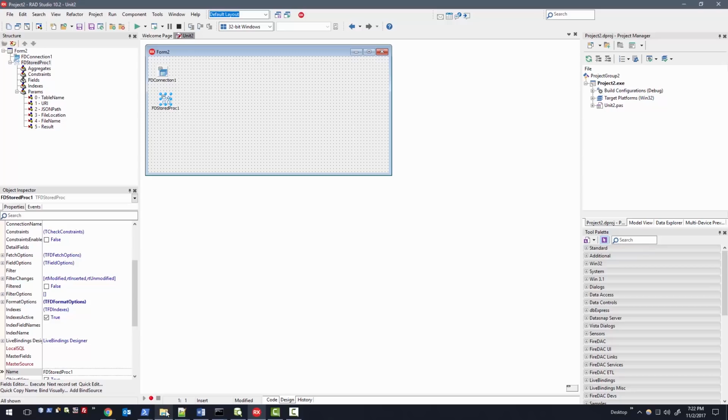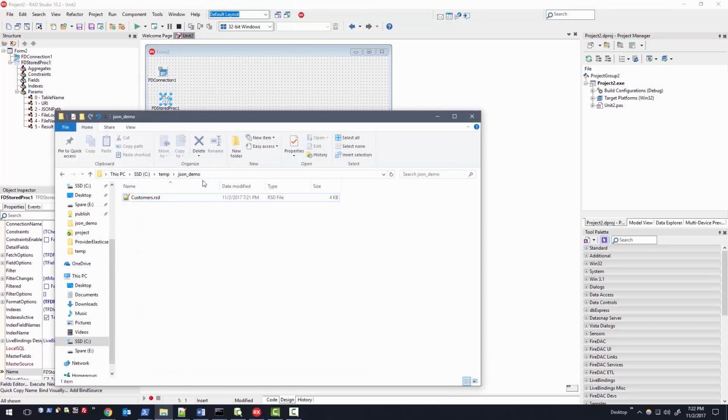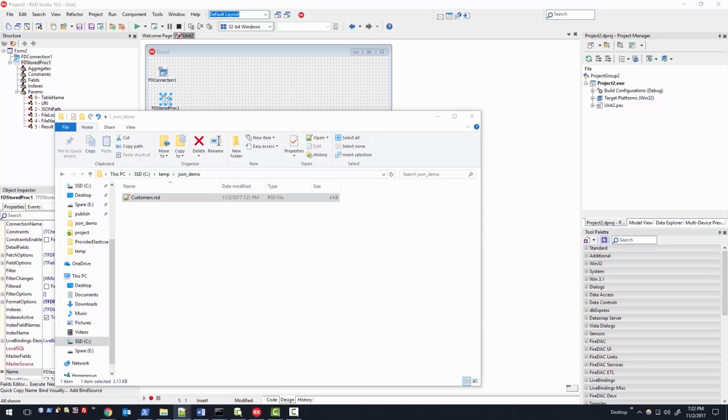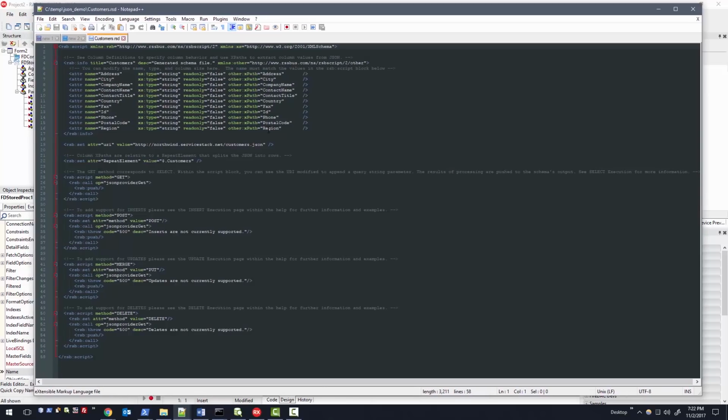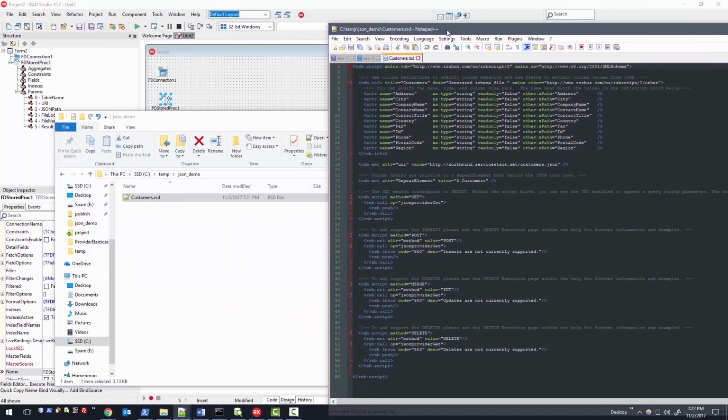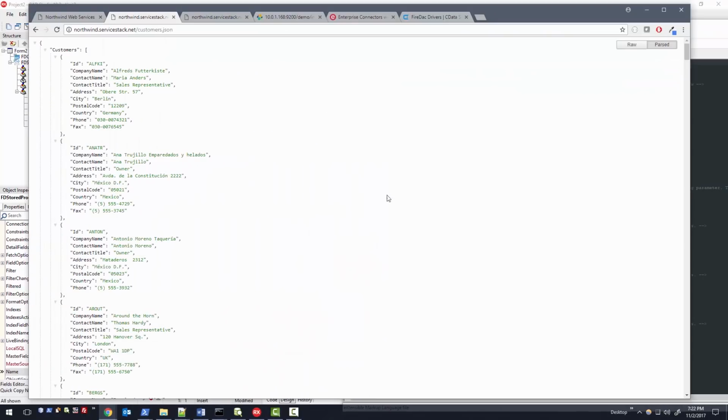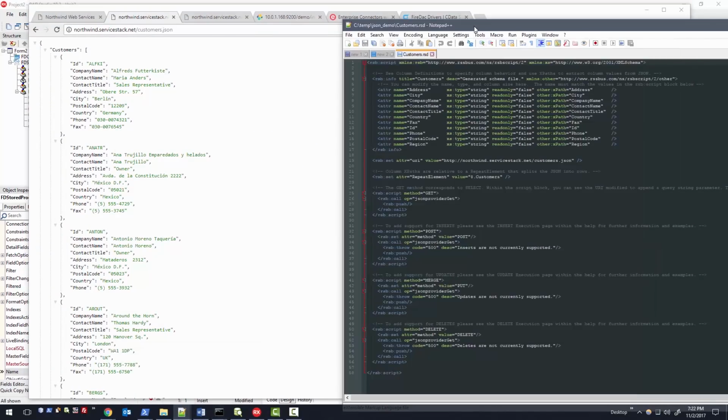And so that executed. And now if I go to the directory that I set, I can see I have a customers RSD file. And so if I open this guy up, so this is our custom schema file. This is the format that we use, it's an XPath or XML based format. And so let me do a side by side here so you can see